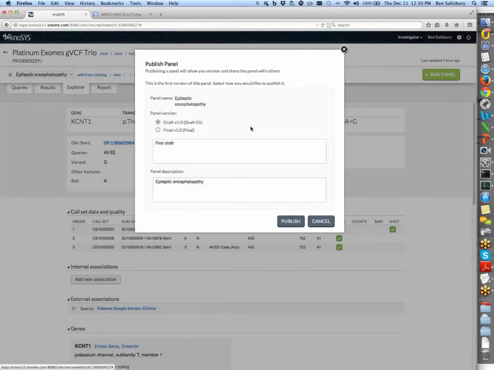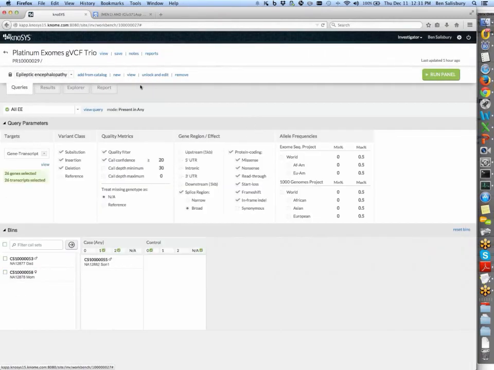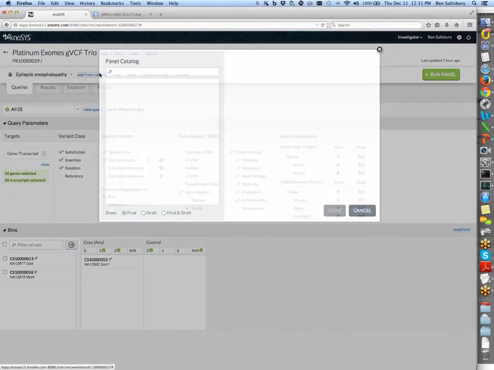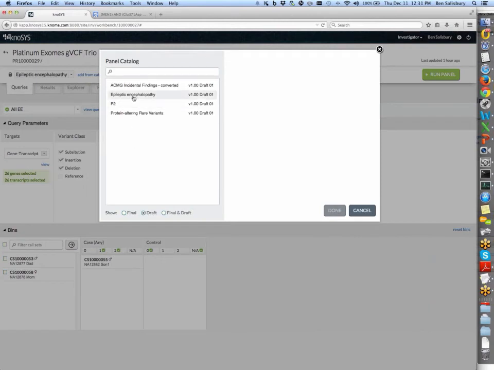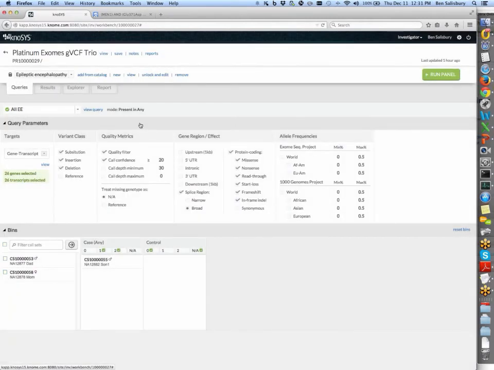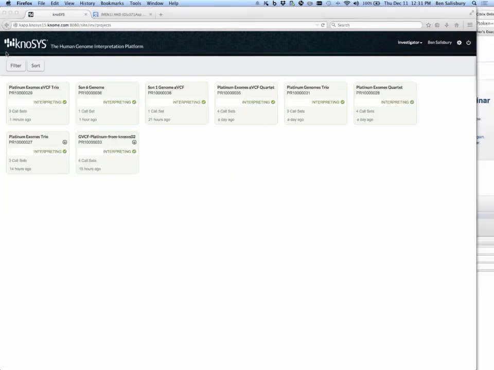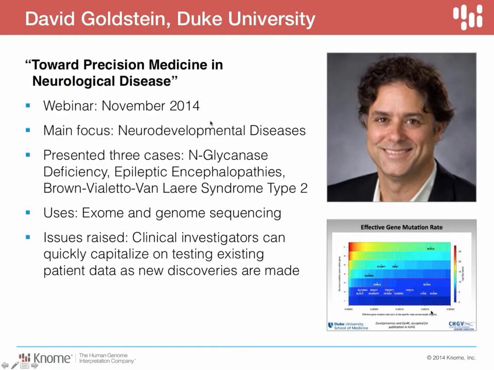And so when it publishes, it's going to put this in the catalog, and it's also going to lock it. So it's now locked, and I can't edit it, but I could always unlock and work on it some more. But if we go to our catalog and look under drafts, we can see that there it is, available for use. So with all of that, I'm now ready. I'm going to exit this, and while it exits, I'll be back over here at our presentation.